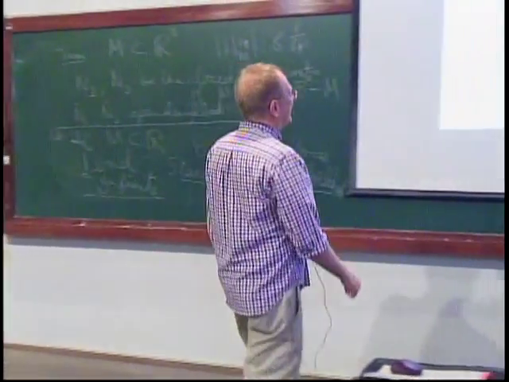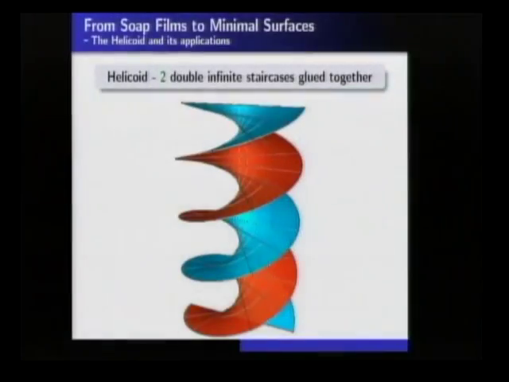Now a lot of my lectures are very geometric in nature. So you look at the helicoid, what do you see? Well, if I looked at it right, I would see two what are called infinite staircases glued along a vertical line. There's a vertical line. Most of this blue surface is one of the staircases. Here's the red staircase, there's the other red staircase. So you have a blue staircase glued together with a red staircase along a vertical line.